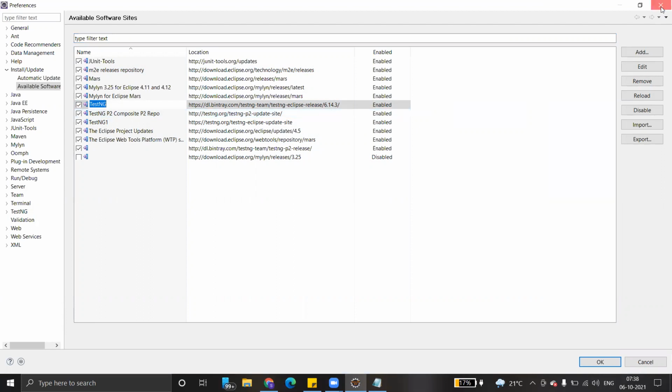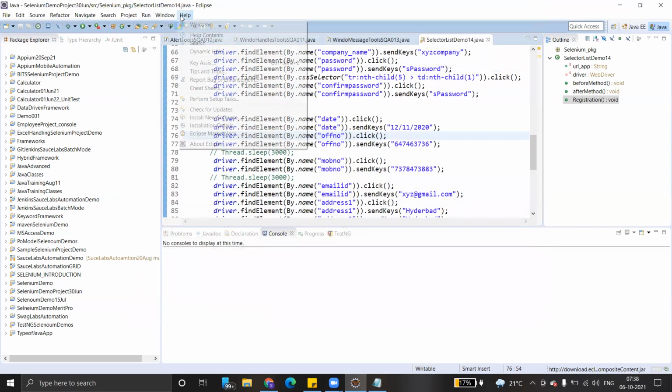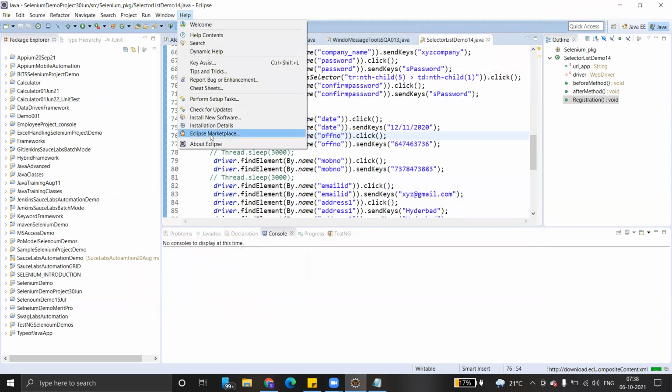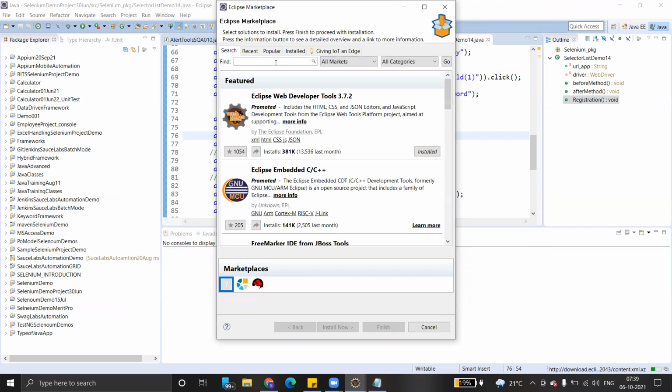Another way of adding the TestNG plugin to the software is you can directly go to Help, go to Eclipse Marketplace. Here you can search with TestNG.